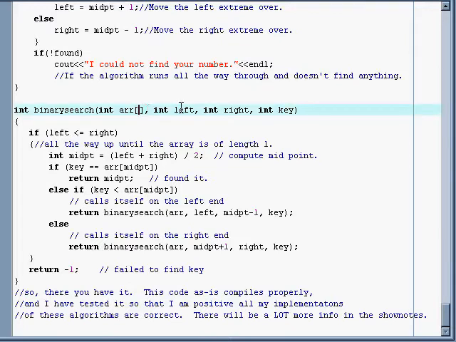We have our array, a left, a right, and a key. The key is the value we're searching for. Left and right would be the same thing as before with quicksort, which is just the left and right bounds of it. So it's going to check, make sure that we're running all the way up until the array is of length 1,